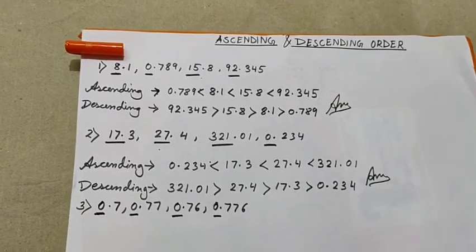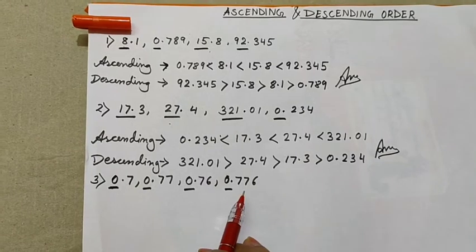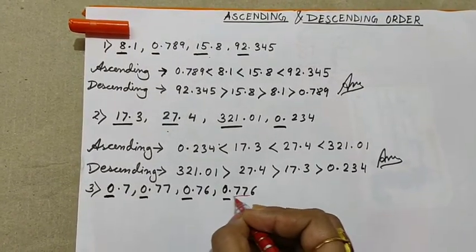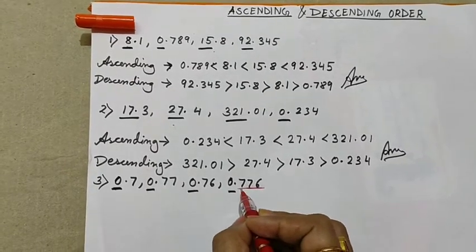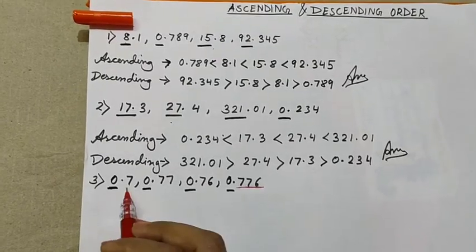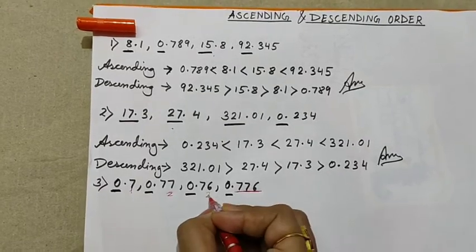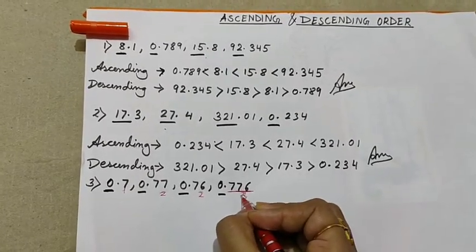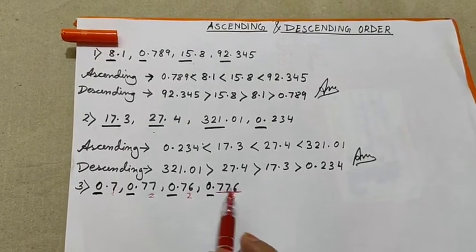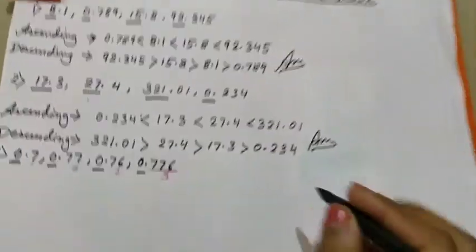Okay. Now to convert the unlike decimals to like decimals, we have to see the maximum decimal places. So here the maximum decimal places is 3. See, here it is 0.776, which has 3 decimal places. And here it is 1 decimal place, here 2 decimal places, here 2 decimal places, and here 3 decimal places. So we have to convert all these 1 and 2 decimal places into 3 decimal places. How will we do it? We will arrange it.